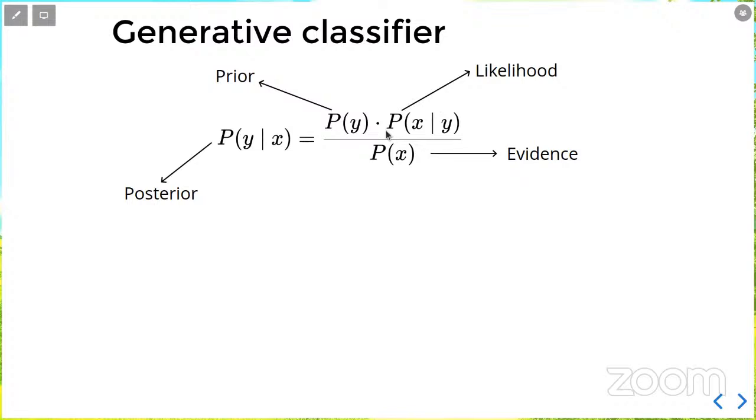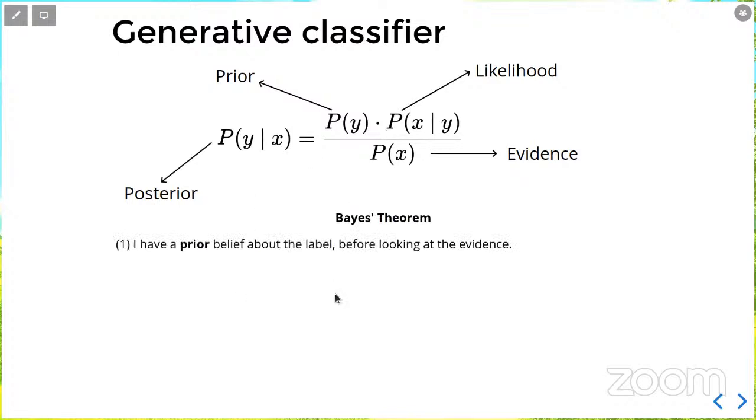I use the Bayes theorem. Okay, so let me explain this term by term. It will become clear. See, I have a prior belief about the label, right? When you give me a data point,